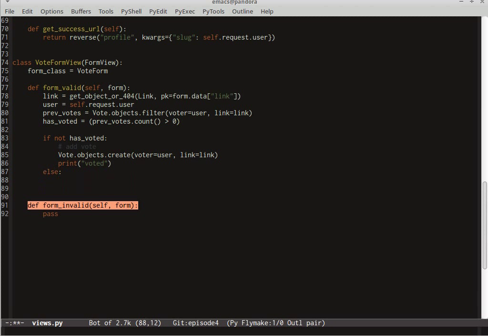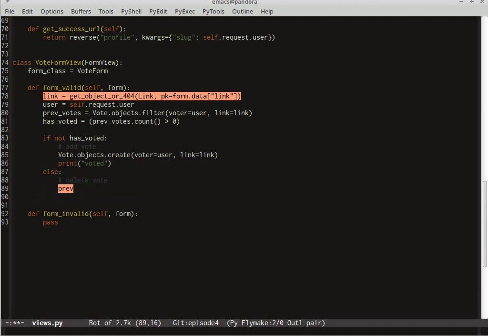The else condition is when you want to delete that vote, which basically means that you have already voted and you have submitted the form again. So here what we do is we take the first object which was returned by prev_votes, and we call the delete function for that. Ideally there should be just one item, and that one item should be removed. And as before, we use an unvoted print. And finally, the form object must return. So when we return, we'll redirect to a page